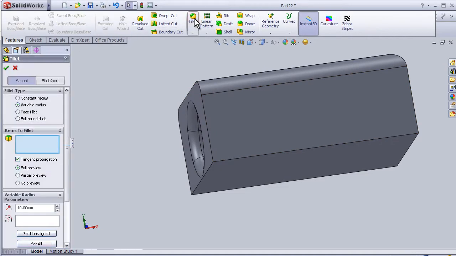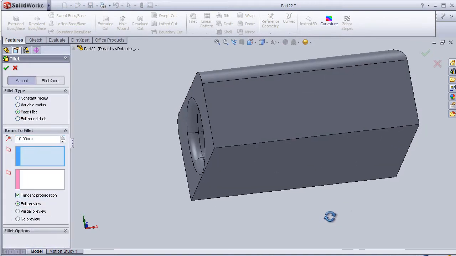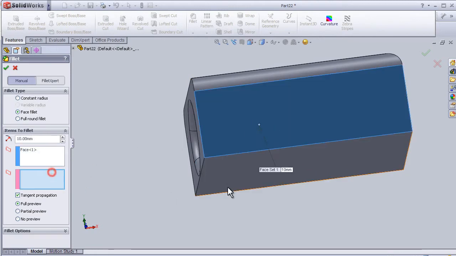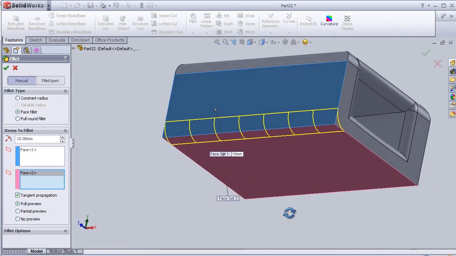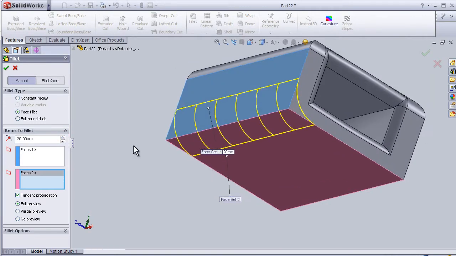So press fillet and choose this time face fillet. In this method we are able to make fillet by choosing the faces. So let's choose the first face and here the second face. So we have our fillet applied. So let's change the radius 20. OK,